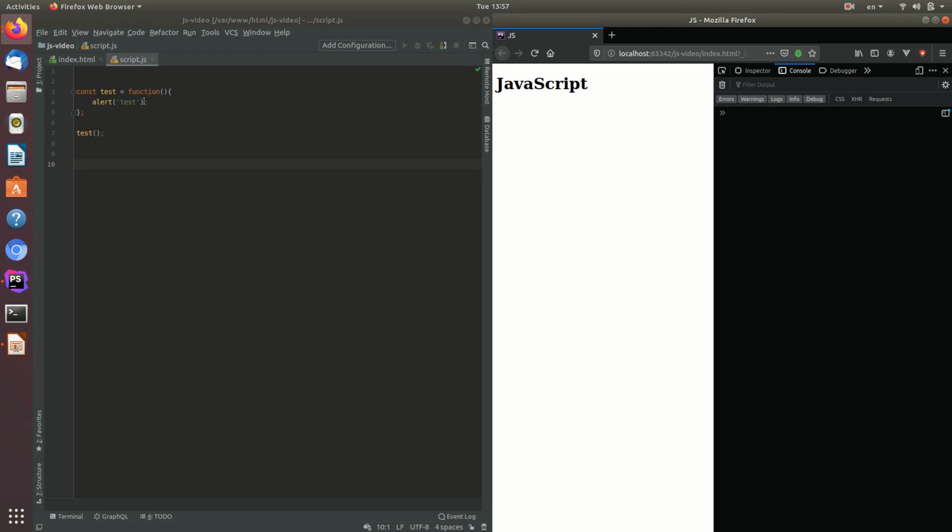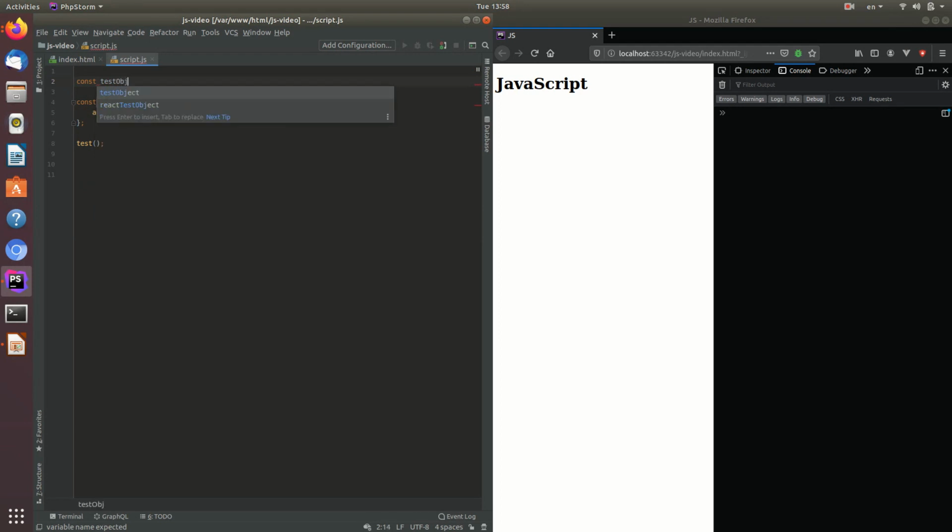Okay? And still does the same, of course. So now I can basically say, okay, while it does the same, what I'm actually calling is the variable test, which will execute the function alert. And the reason why that is pretty cool is because, as you remember, we can go deep in things. So if I say test object,